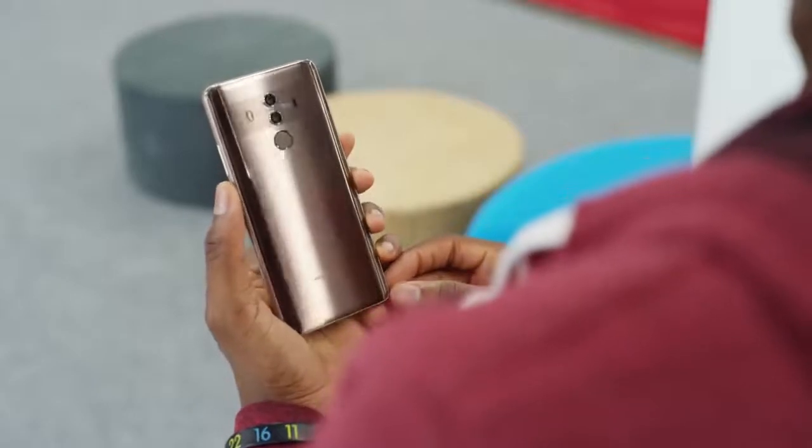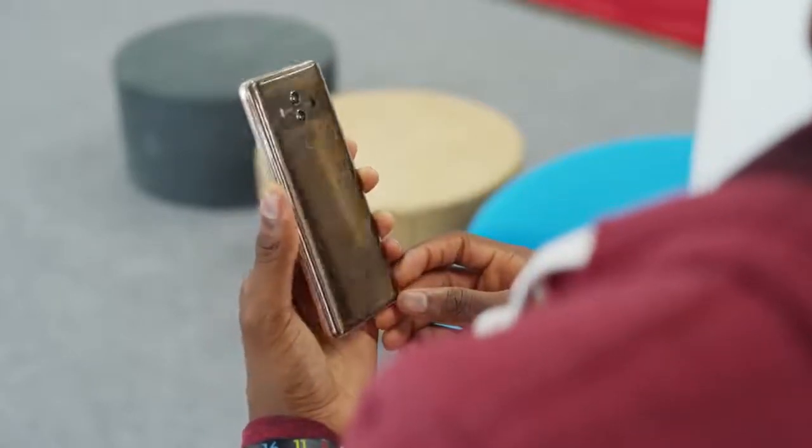So I've got one and I've used it. And the question now is, for those 800 bucks you'll pay for it, is it worth it over the other main players that are already established in the US, like the HTC U11s or the Samsung Galaxy S8s or S9s or LG V30s? Let's find out. So first of all, aesthetically, everything on the outside, Huawei has adapted well to this, basically what